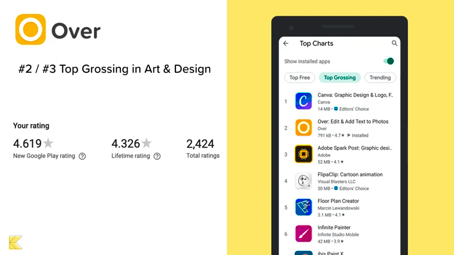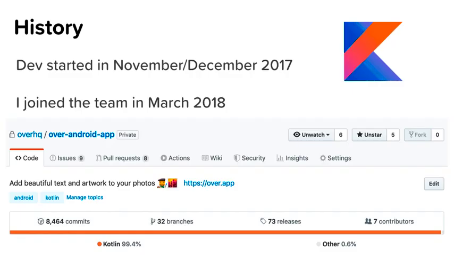So I'm going to talk a little bit about the history of how we got to this point and some of the decisions we've made and some of the failures that we've come across. So the history of the Over app is that we started our development in about November or December of 2017. So we haven't been going for that long, especially on the Android side. The iOS app has been around for a little bit longer, but I joined the team in March 2018,